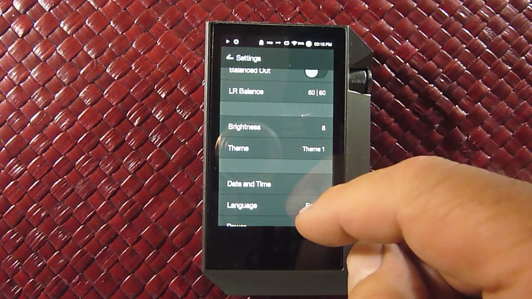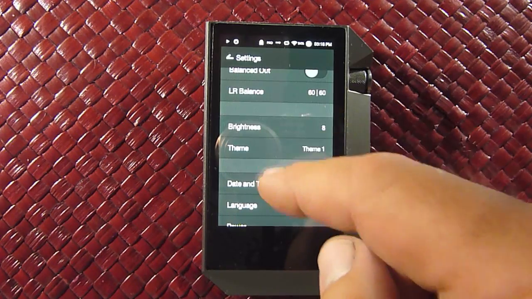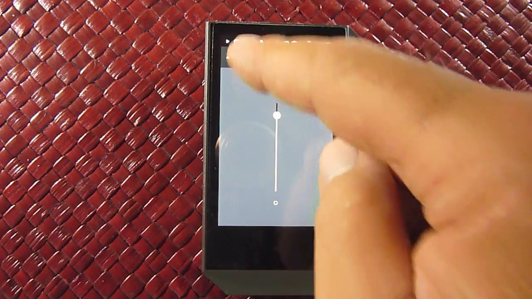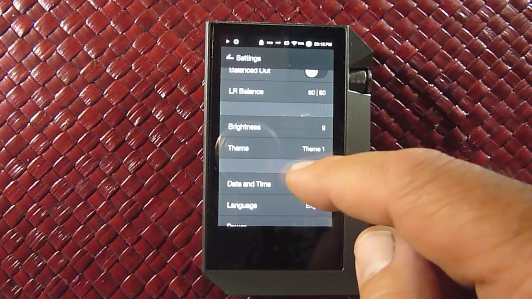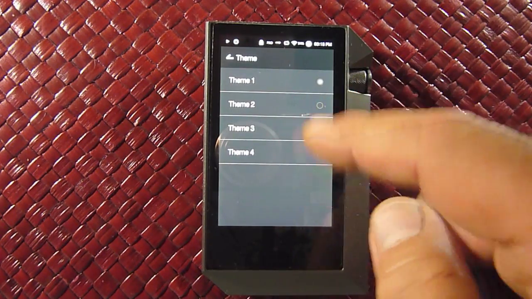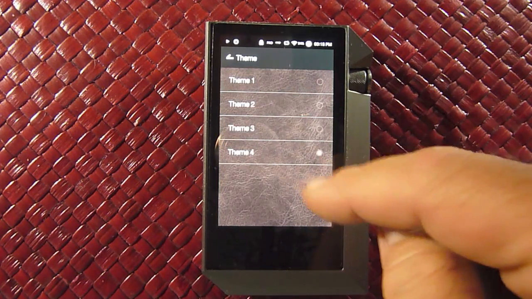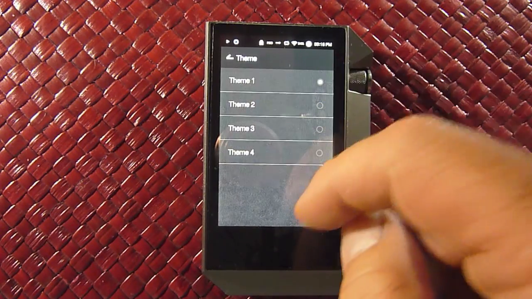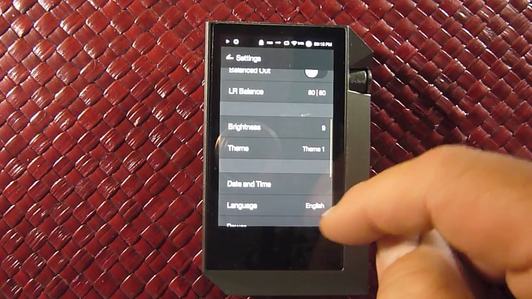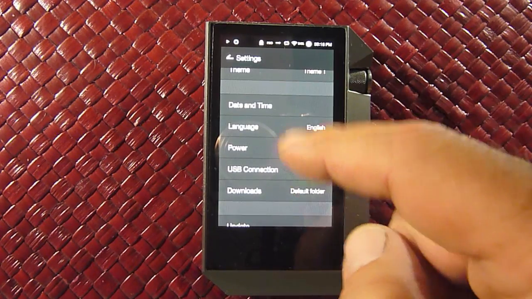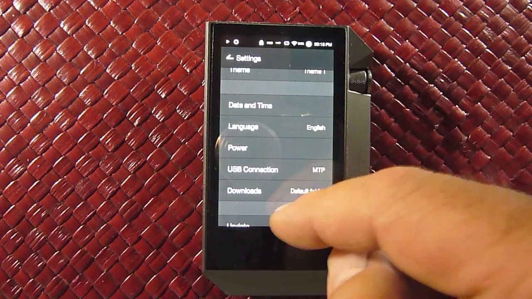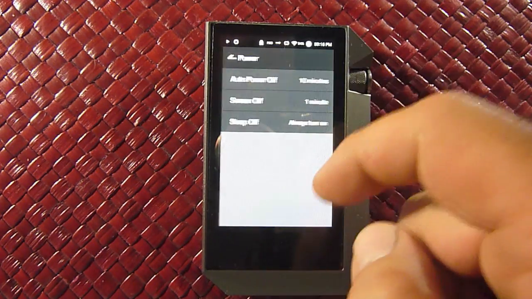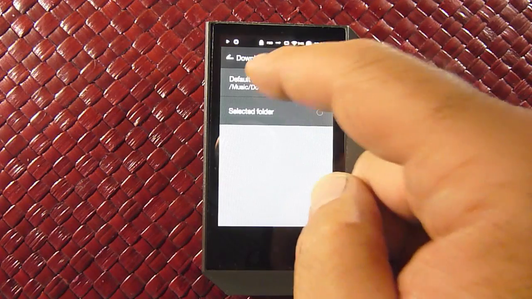Brightness control for the brightness of the display, obviously, just up and down, as you can see. And then the themes, there's a number of themes. I use just the plain gray background, but they have kind of leather backgrounds as well. I'll go back to the one that I normally use. Obvious things, date and time, what language it's using, what kind of power settings are set for turning the display on and off,